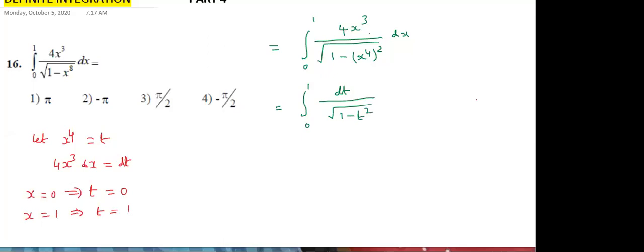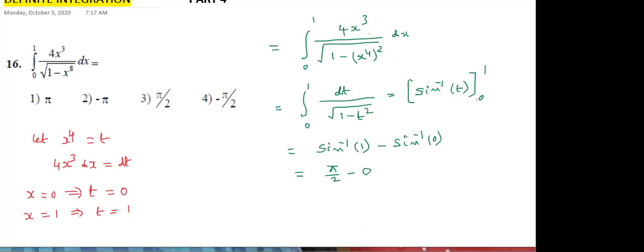What is integration 1 by root 1 minus t square formula? This is sine inverse t. So this is sine inverse of t, limit 0 to 1. First substitute upper limit, you will get sine inverse of 1 minus lower limit sine inverse of 0. Sine inverse of 1 means we know that it is 90 degrees, pi by 2. Sine inverse of 0 means 0. So finally, answer is pi by 2. Third option is,